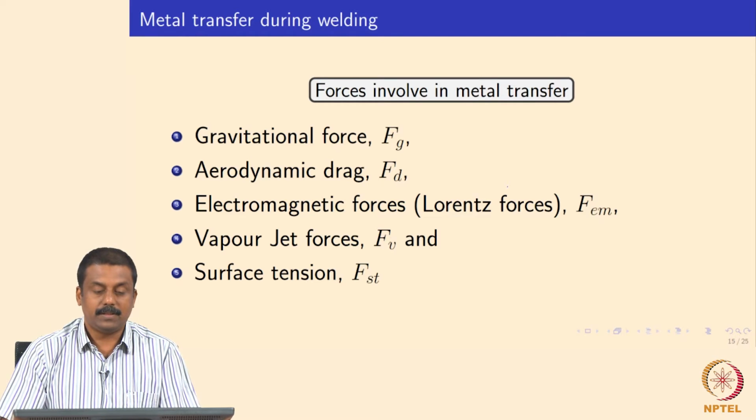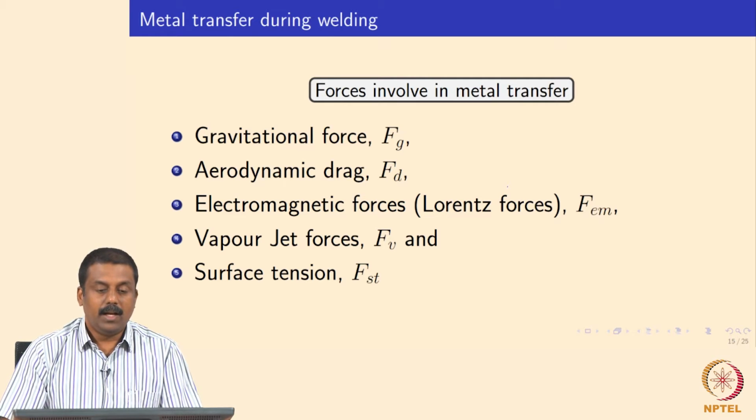The vapor jet forces are generated because of the vaporization of your base material, and these vapors are generated and then sent towards the electrode, which always oppose the detachment of the droplet. And of course, surface tension of the molten droplet, which always opposes the detachment of the droplet from the